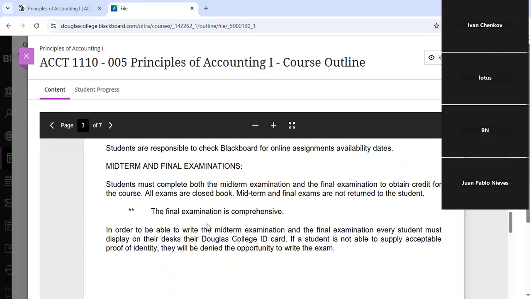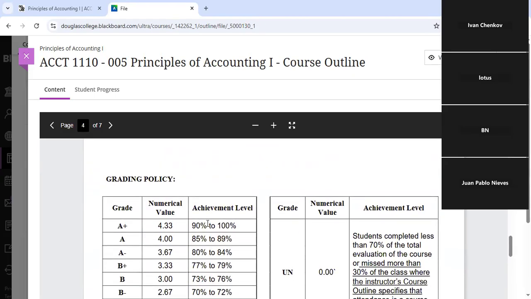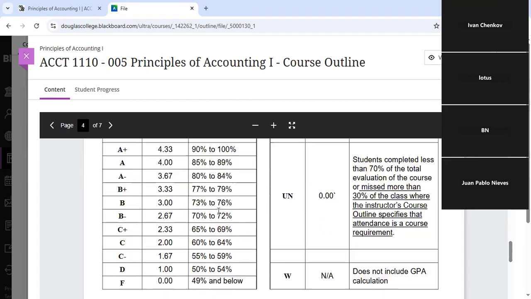Then we have here the explanation about means of assessment, and then we move to the grading policy. As you already know, above 90%, you're automatically getting A+. If it happens that at the end of the semester your grade is 89.99 or 89, you automatically are going to get A+. So you don't have to worry about this. Once you're very close to the borderline, you're always going to get the higher mark available.